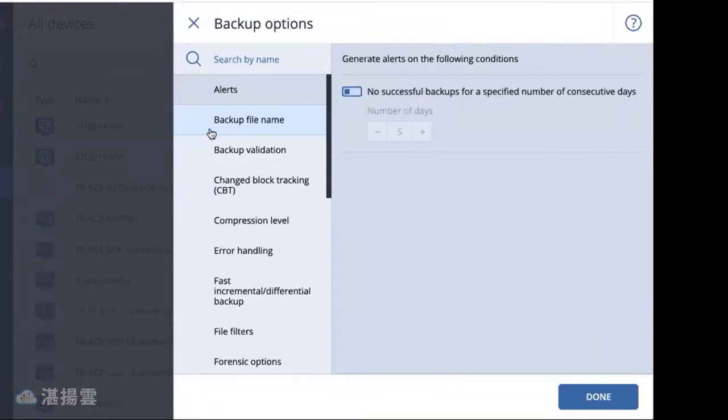So we'll start at the top. Keep in mind that these are all presented to you alphabetically for easy finding. The first one is alerts. This is a somewhat new one that we have, and the purpose behind it is to make sure that you get an additional notification whenever there has been a specific number of consecutive days where you have not received a